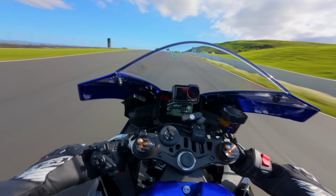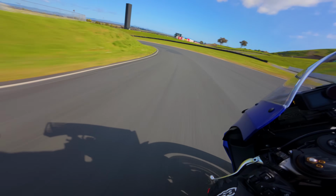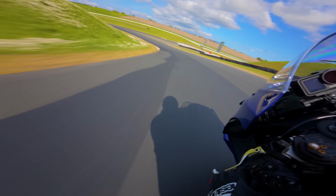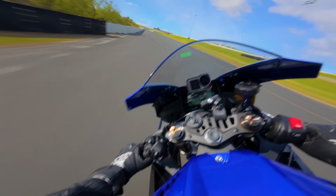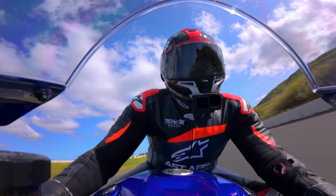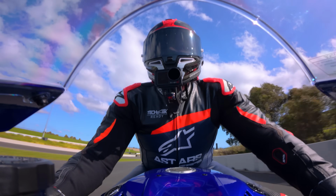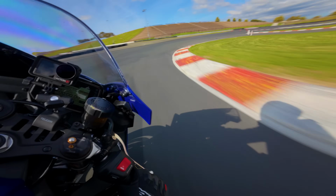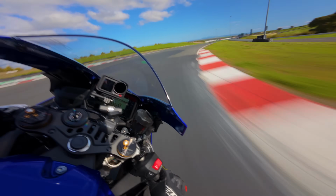I have faith that Yamaha did not make that same mistake here with the R9. I have a feeling that once I get this thing on the street, I get to ride it around Atlanta, I think that'll be the true test. Can Yamaha make a bike just phenomenal on a racetrack, but then more accessible on the street? There's a lot of things that this bike has done to allow for that, and that don't really matter for the track,